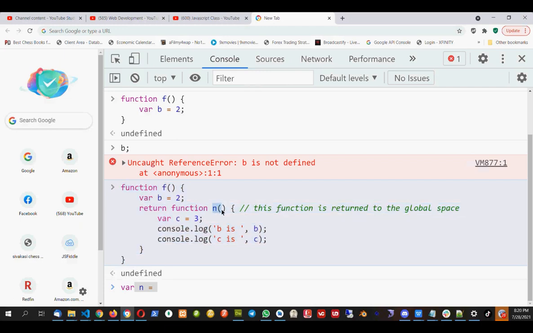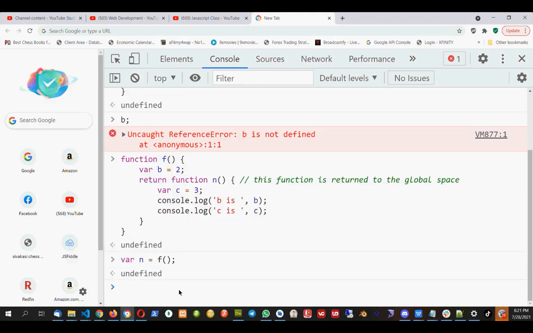Okay, so I'm just giving the name here because in the diagram it was n, so I just want to give the n. Here I can create this function without n also. Just for your understanding, I am saying this is the n function. So I created variable n and I will call the function f. When I call this function f, this line will be executed and this function will be returned. So if I say enter,